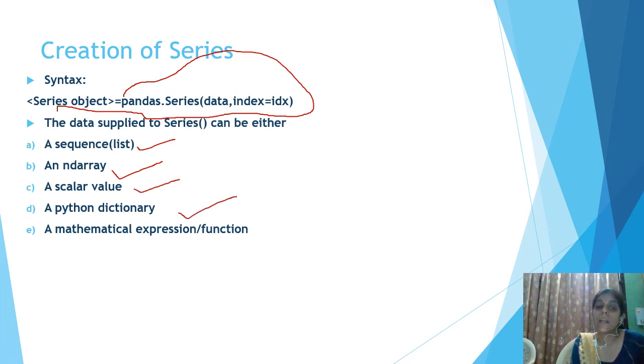Data can be a Python dictionary, and data can be a mathematical expression or a function. Here please note down the syntax again. Series object, pandas.Series, these are the commands, and in the bracket of Series we will use the data, and index equal to idx, it is an index.